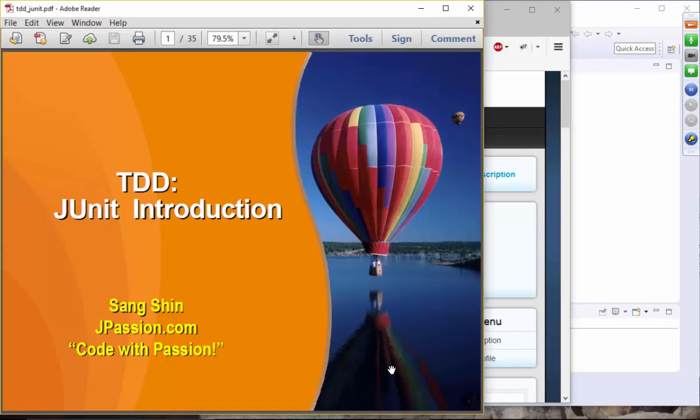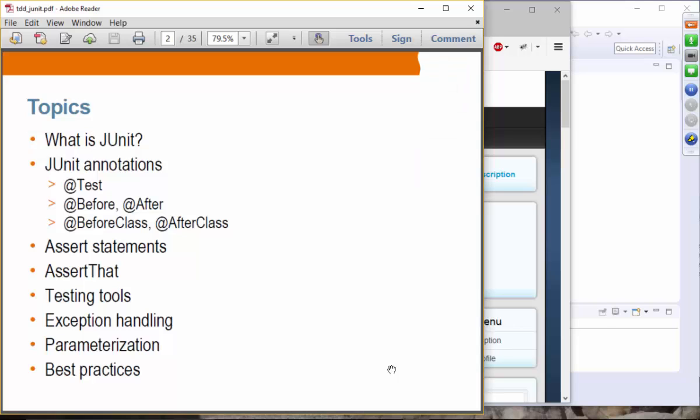JUnit introduction. So if you have used JUnit, I assume most of you do, this might be a little bit basic. So here we're going to talk about what is JUnit, and we're going to learn some of the important JUnit annotations, especially Test, Before, After, BeforeClass and AfterClass. And we'll talk about assert statements, and we are also going to talk about the more recommended assert scheme, which